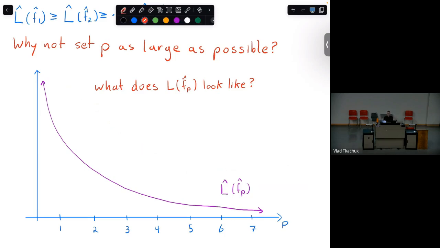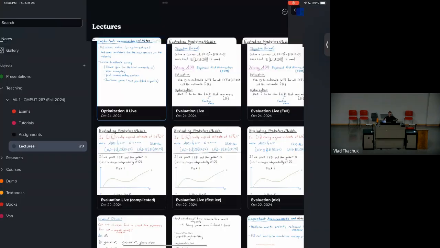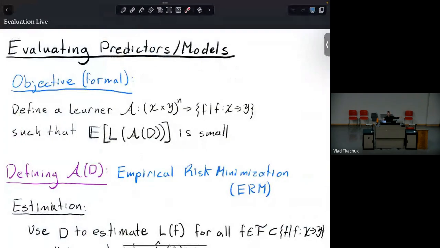Okay. So that's really the preface you should have going into this evaluation business. We're trying to compare this to this guy, and we're trying to understand what their relationship is. Now we discuss the relationship. And the way I do this is I first remind you